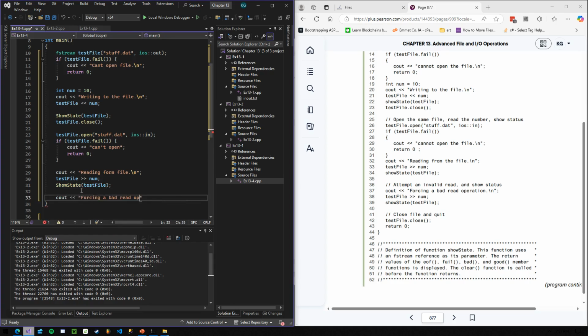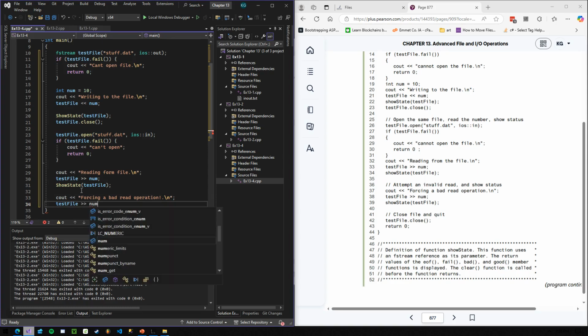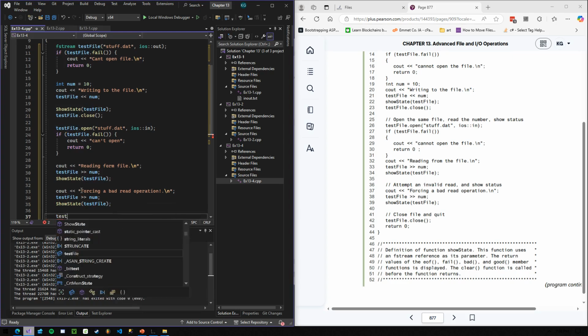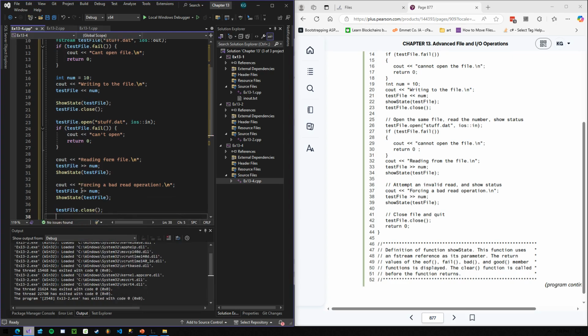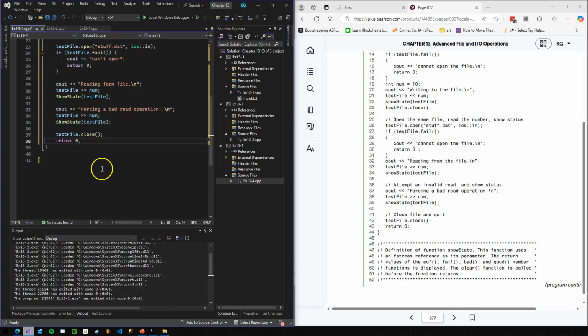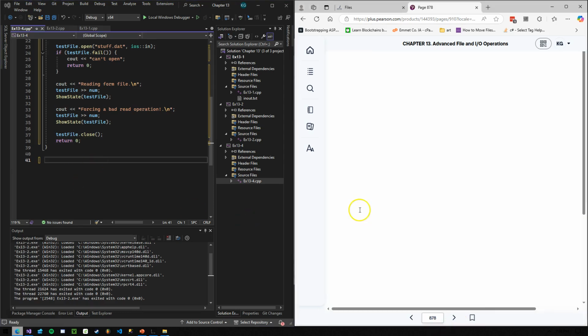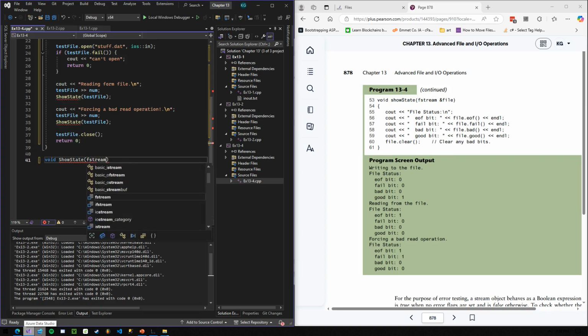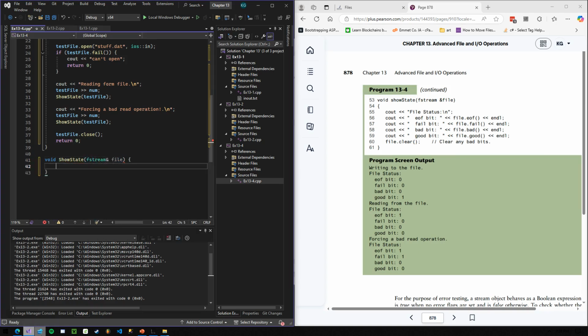Forcing a bad read operation. Test file, num. showState test file. Let's close it up. Return 0. We do have showState that we need to write. Yeah, not too big of a deal here. Okay. void showState, fstream reference called file, cout file status